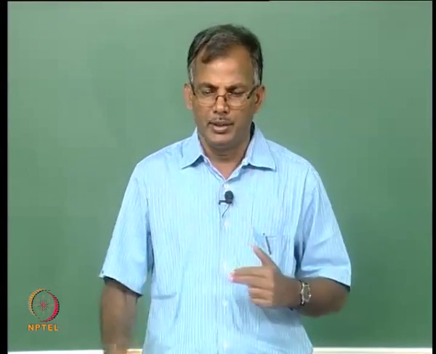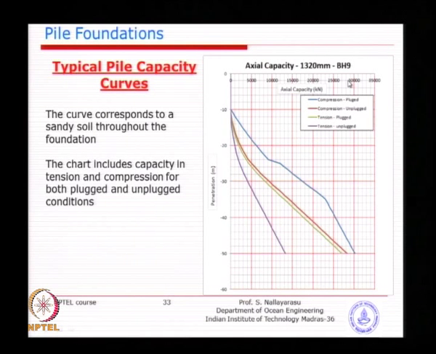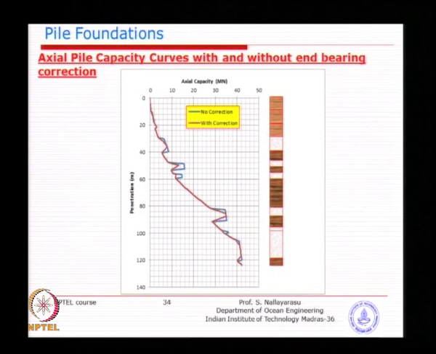So, you just keep on doing it, and you will get a relationship between the horizontal axis and the vertical axis, which is capacity versus depth. So, you can divide the total soil layers into, say, every 2 meters or every 1 meter. At each level you will do this evaluation of combined capacity.